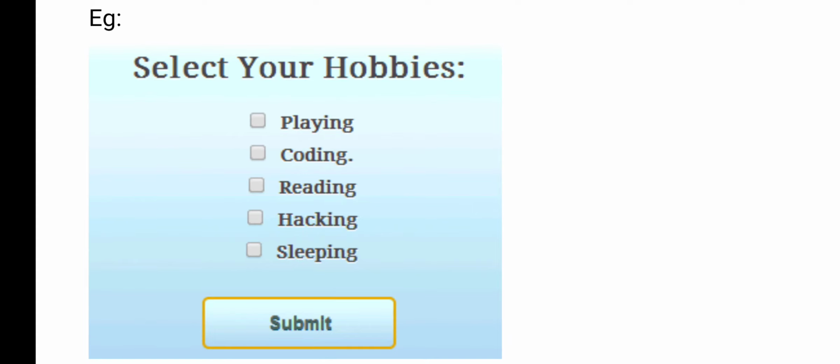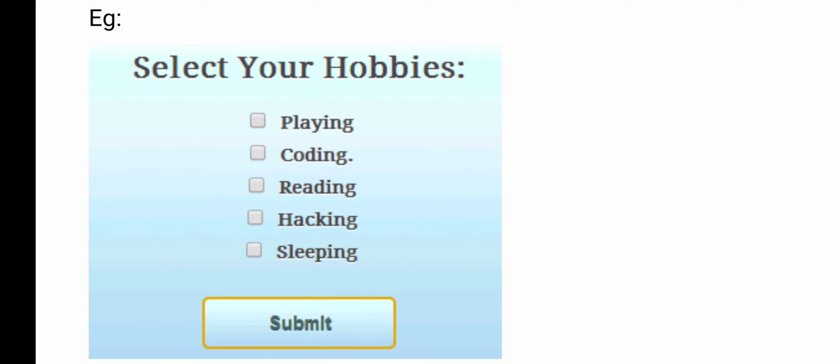But sometimes you want one and only one value for a particular input field. For this I'll give you one example. Date of birth is a single value. And next, if you take the gender information, male and female, there the user needs to select only one option. So in those cases, we'll use radio buttons.